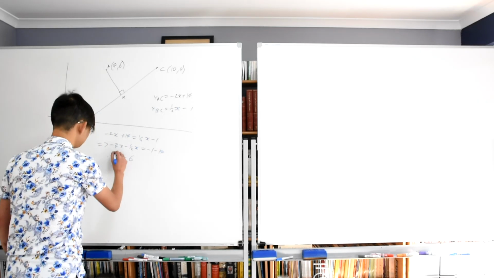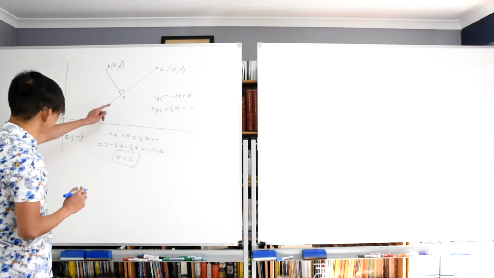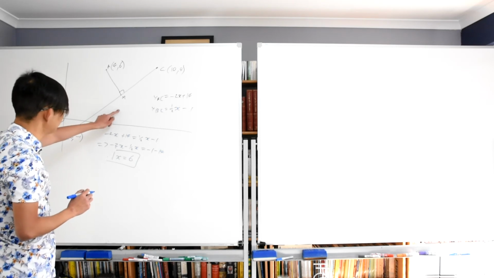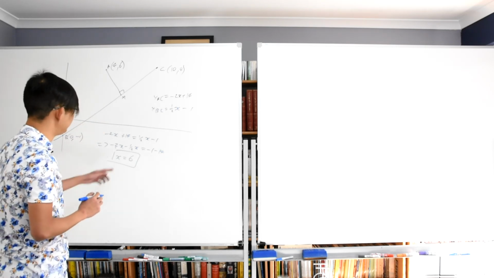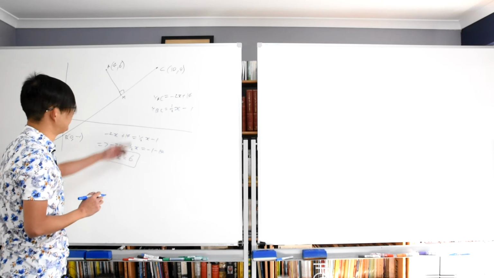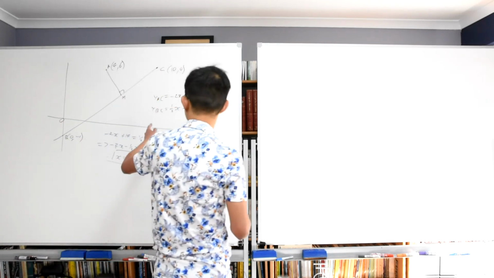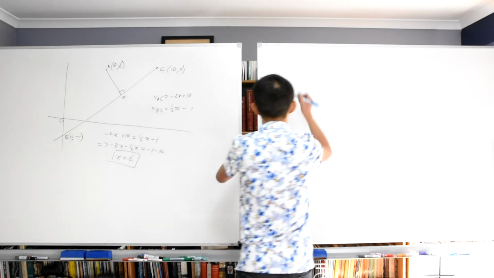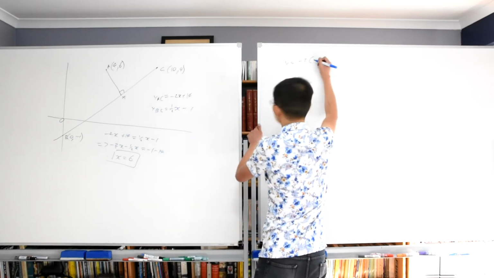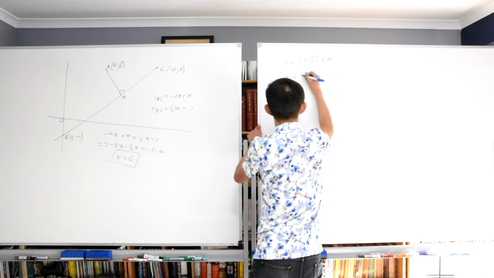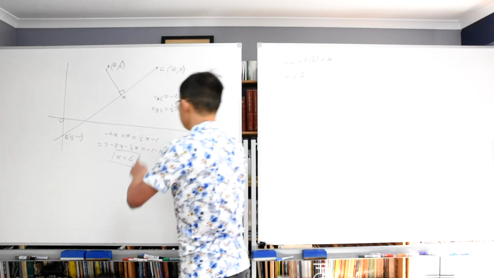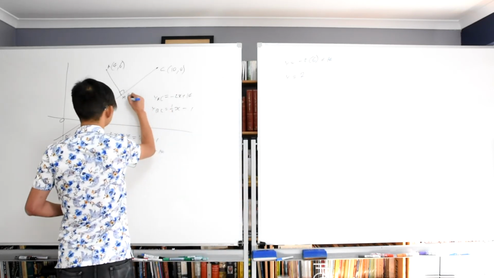Since the point M is just the intersection of these two lines, we simply equate. If the x-coordinate of point M is 6, what's the y-coordinate? We just put this x equal to 6 into either line that we choose. Let's choose the line AM. The coordinates of M is given by,